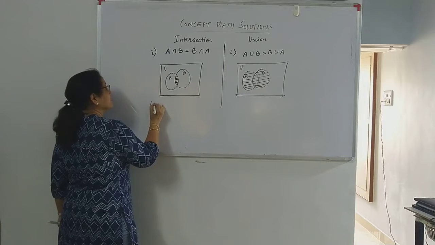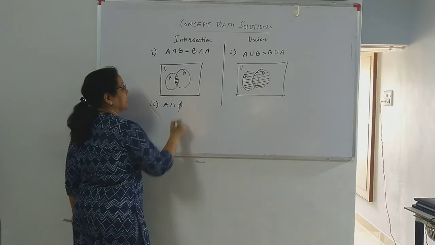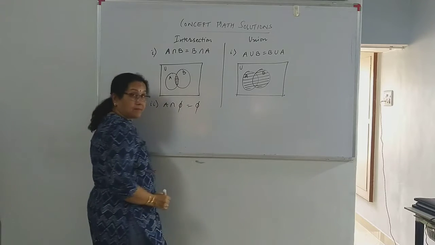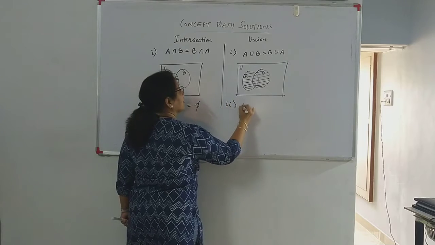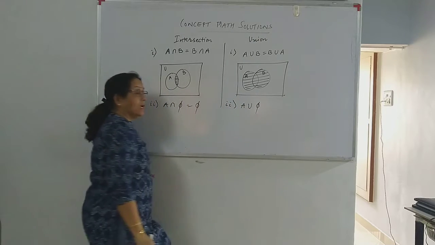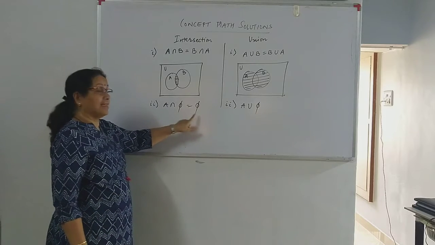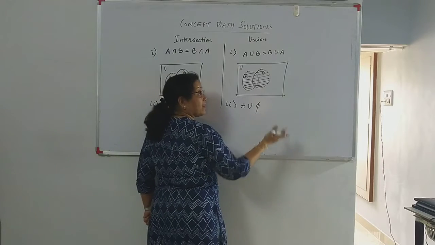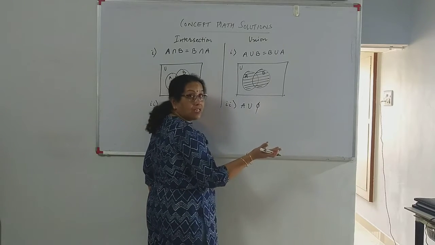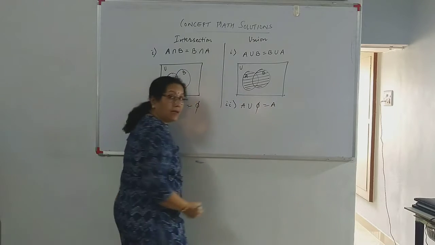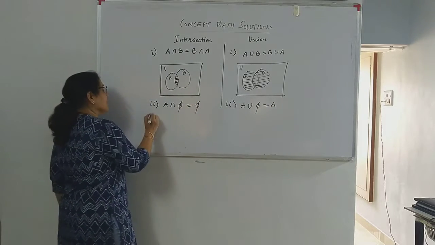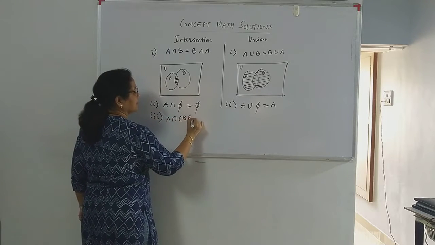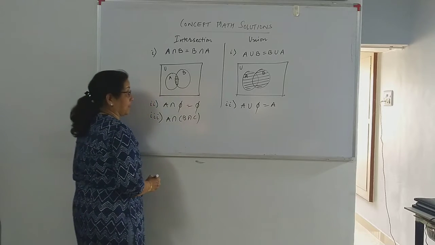If I take intersection of a set with the empty set, what's common between a set and an empty set? It would be the empty set. Intersection of the empty set with any set is empty because the element has to be in both. A union phi has all elements of A, and phi of course has no other elements, so it would be A, right? Then if I see this A intersection B intersection C, I am discussing the associative property.